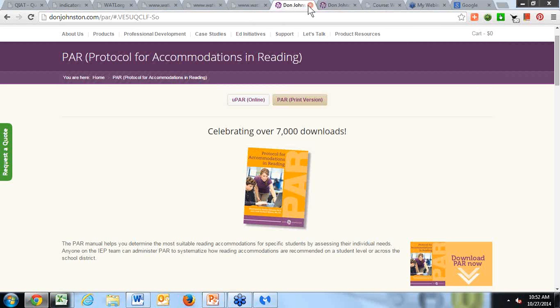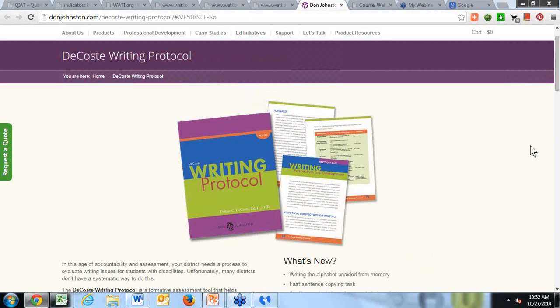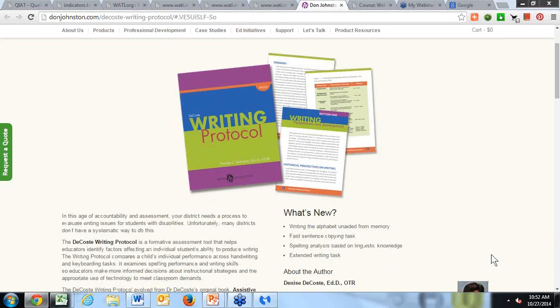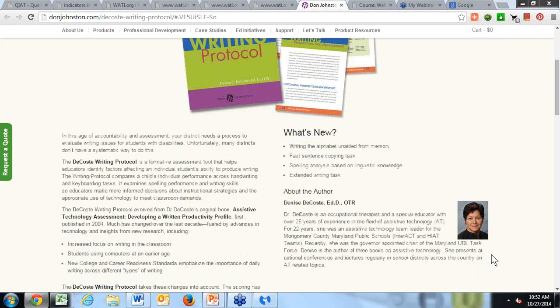One more tool from Don Johnson I want to share with you is the Written Productivity Profile. Now, unfortunately, this one is not free. There's some copyrighted research in here, and that's why Don Johnson has to charge for it. But it's real simple. I'll show you the price. As of today, October 2014, it's only $25 to download the ebook, or you can get a district-wide license for